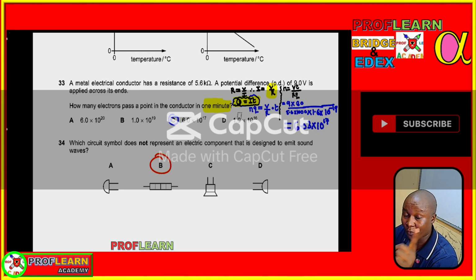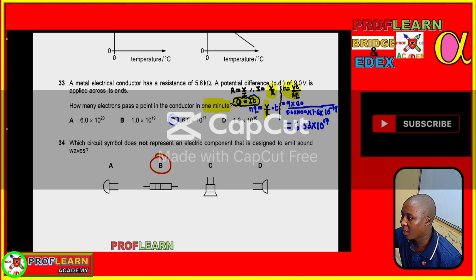the number of electrons times the charge of one electron is going to give us Q. So we can replace Q with N times e, and replace our current I with V over R. Then we have the T, we multiply it here. Since we are looking for the number of electrons that pass, we divide by the charge e on both sides,